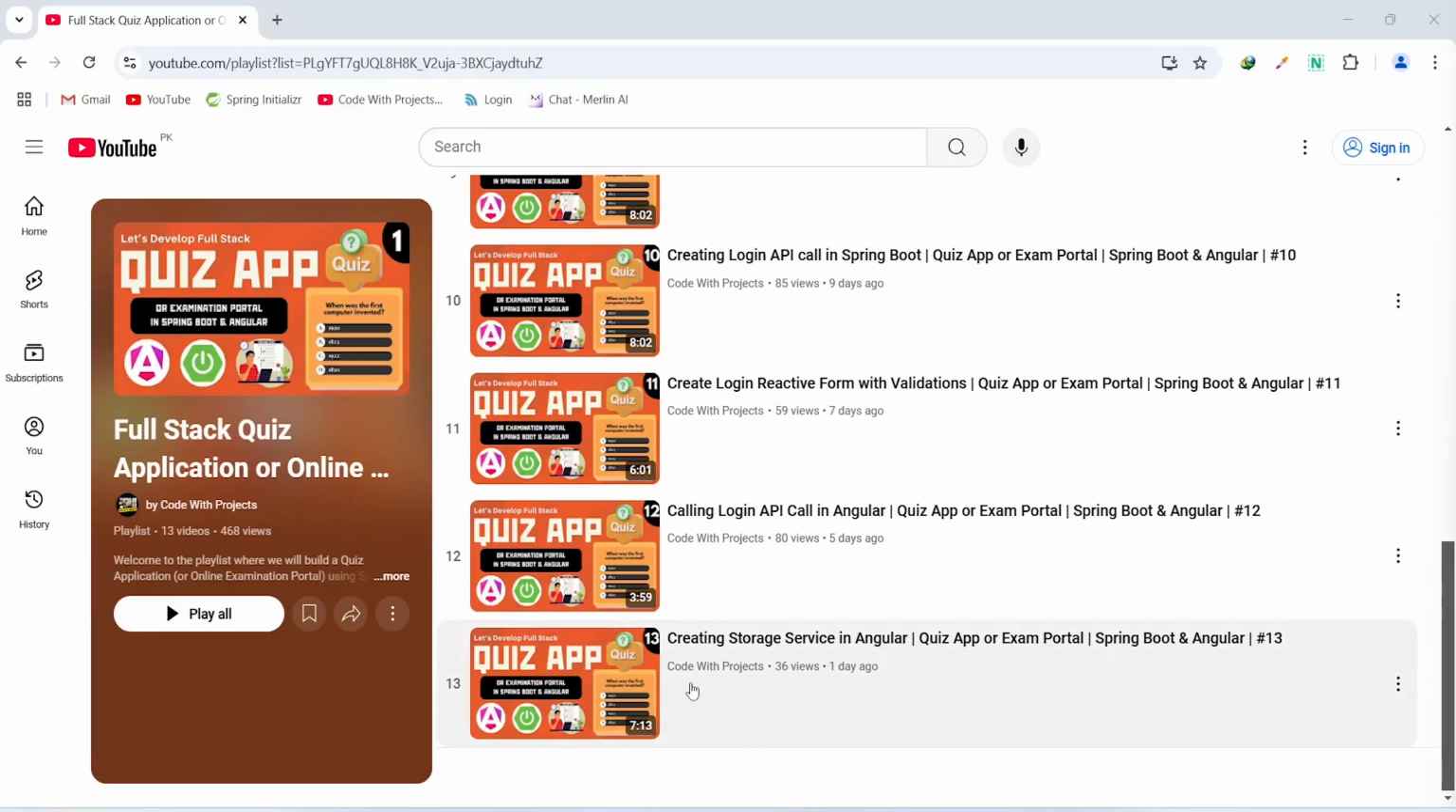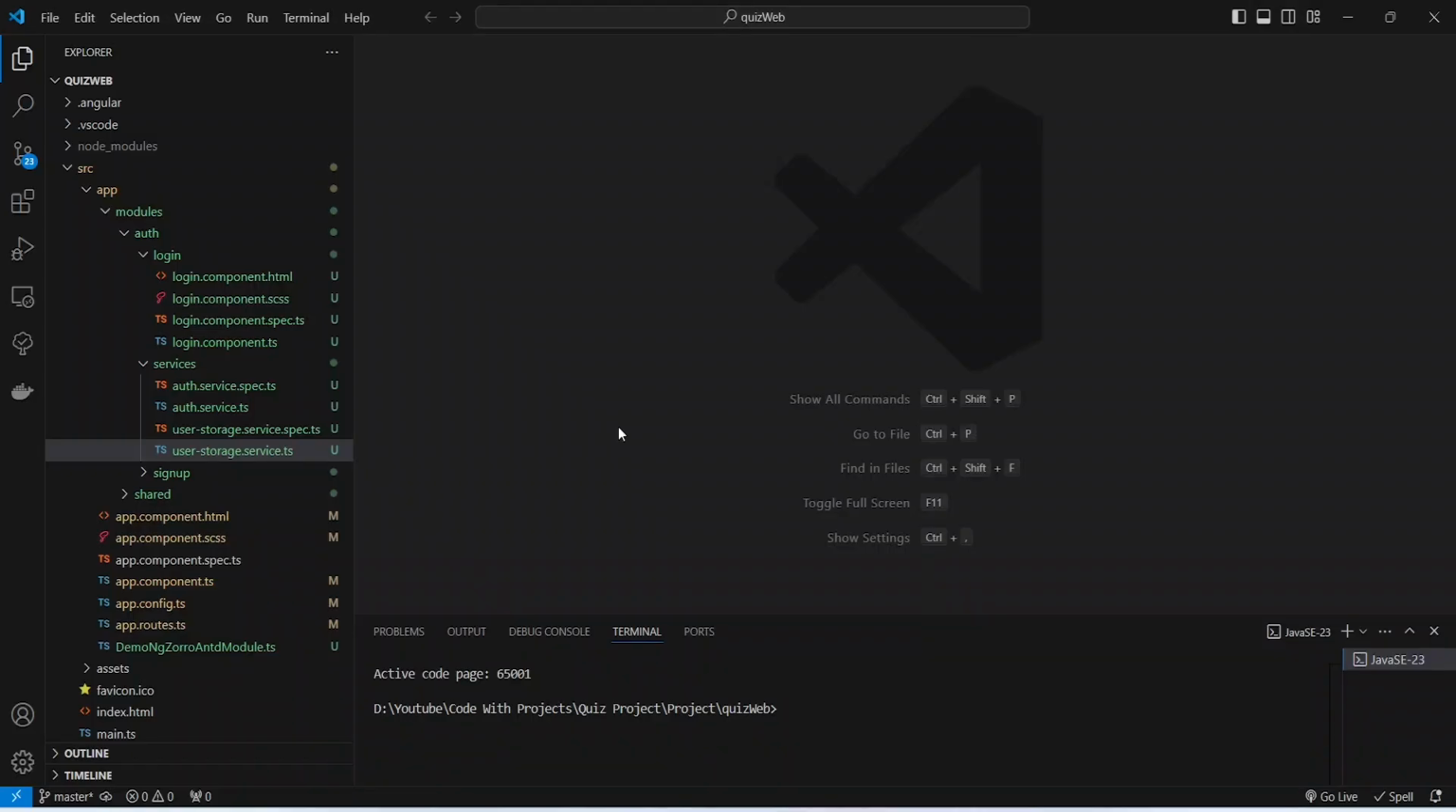In the previous video, we created storage service with all the required methods in our Angular application. And in today's video, we will create role-based navigation bar in our Angular application. So let's get started. So in our Angular application, to create the role-based navigation bar, first of all, we need